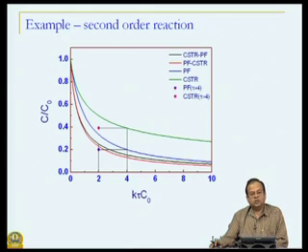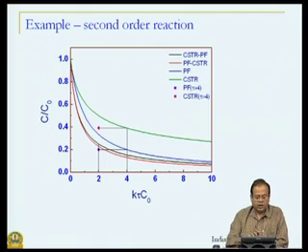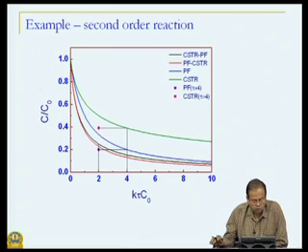Okay. This is again the same illustration, that same second order reaction. Let us see what happens as a function of the dimensionless parameter k C naught into tau, because now the dimensionless parameter has not only k tau, but C naught concentration also. So, this is what